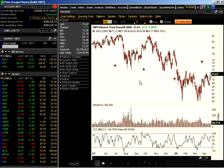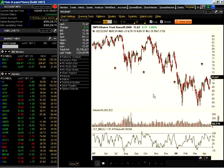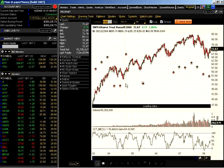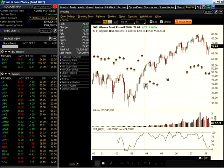Price fluctuates. That is the only rule. No matter what you say about any particular stock or any particular index, there's only one rule in the financial markets. Prices will fluctuate. And it doesn't matter how long you go back. You can go back 5 years. You can go back 10 years. Prices go up and they go down. They go up and they go down. Now you might be able to determine certain types of trends, like from 2000 to 2003, the trend was down. From 2003 up